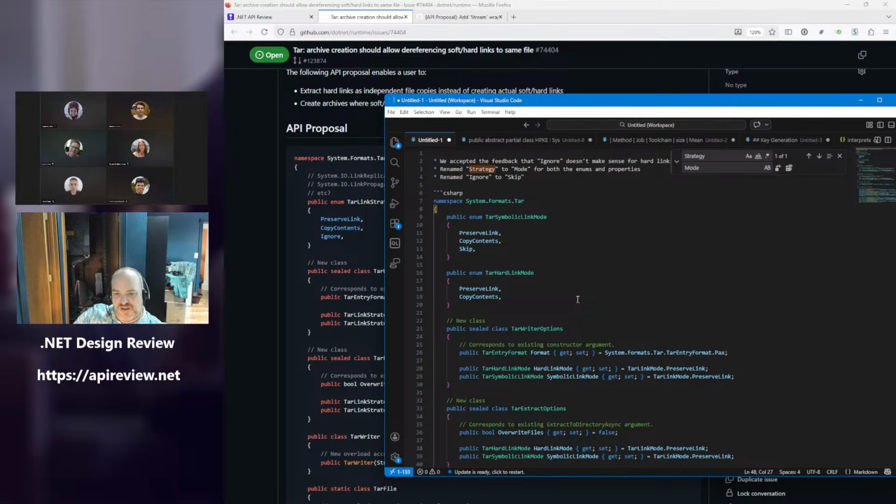Yeah, preserve link if able, for what it's worth, only makes sense on extract, not create, which is fine. Saying preserve link if able on create is, yep, I was able. But